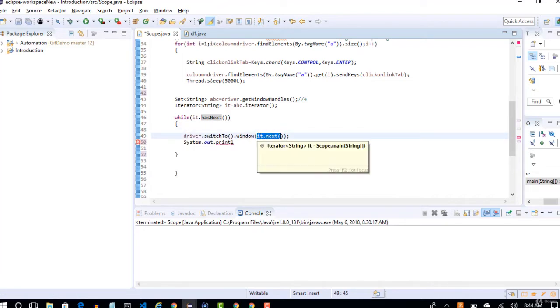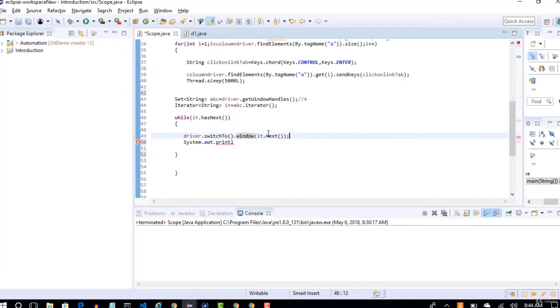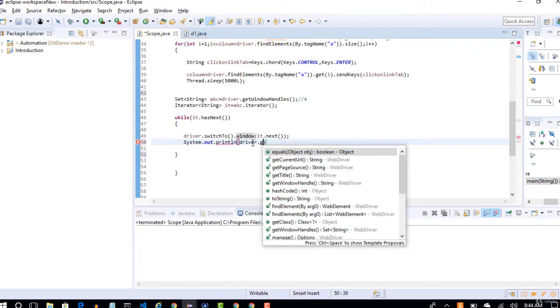Once it moves to that specific index, we will get that window ID. That window ID we are wrapping into driver.switchTo, so that your Selenium script will successfully switch to that window ID tab. Once you switch there, you are simply printing the title of that specific page.